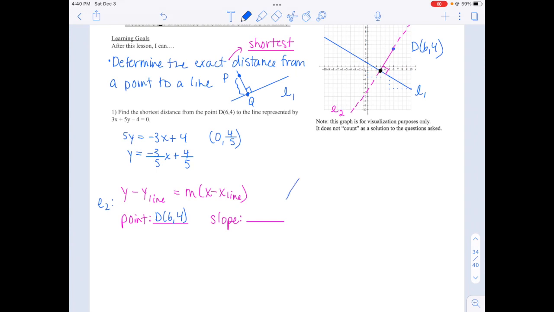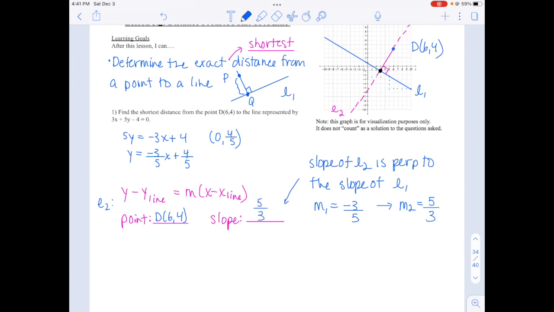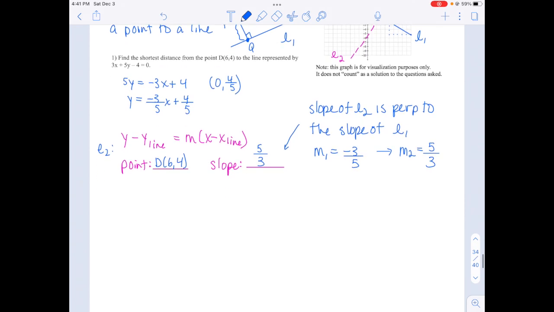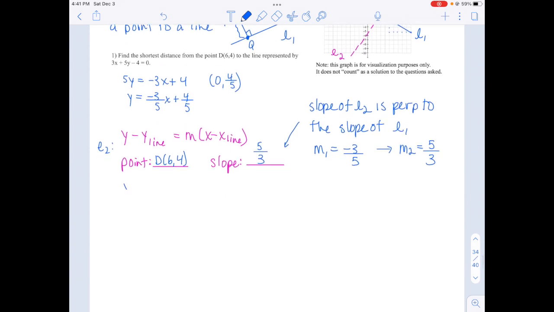However, I can find the slope because the slope of L2 is perpendicular to the slope of L1. And since I know the slope of L1, which we can call m1, is -3/5, it follows that the slope of line 2, which is m2, is 5/3. So I've got 5/3 for my slope, I've got the point D for my point, and I'm just going to simply sub this in